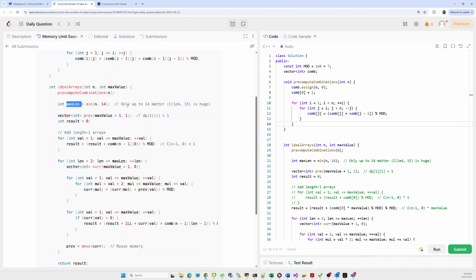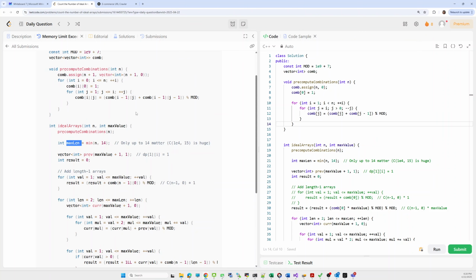If we go beyond that it will be huge, and we also know that the maximum value will be 10 to the power 4, so it will lie in that only. If we go beyond that, no element will be a multiple, the multiple of the next element goes beyond that range. Okay, so that's why.